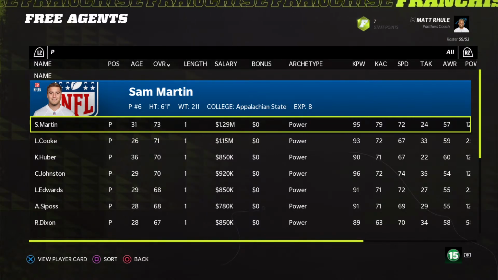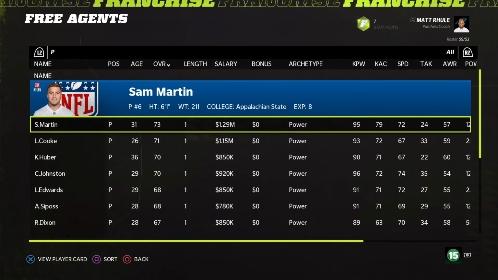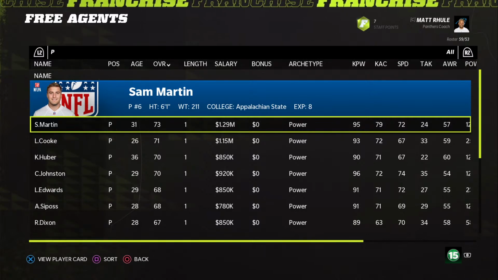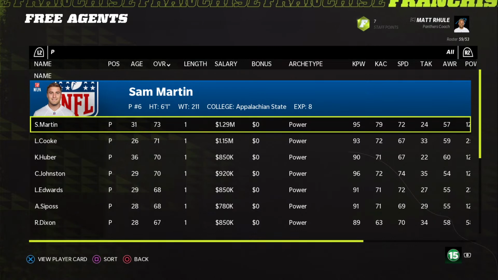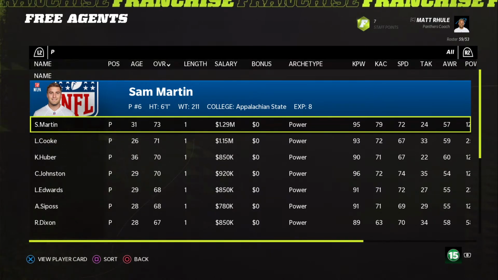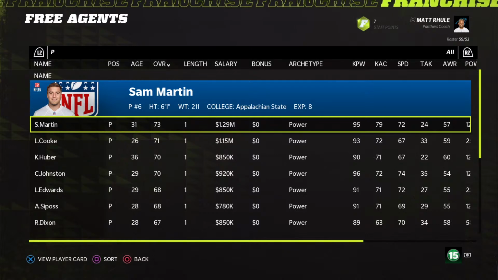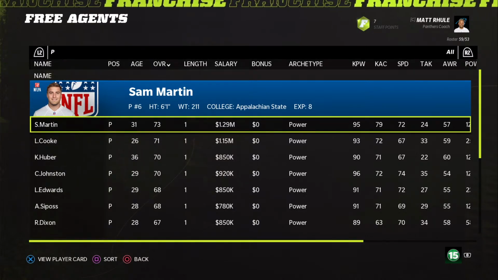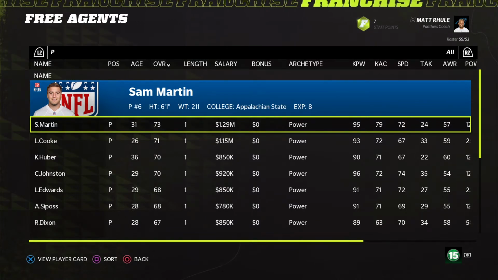He's only worth $850,000, okay? But again, somehow, some way, somewhere, you still don't have the money. Look at your team. I think the salary cap last year for Madden 21 was $210 million. Don't quote me on that. US dollars, and the year before that it was $200 million. So last year they gave us a little extra wiggle room. I'm not going to lie, I have no idea what the cap is. But it's, you know,